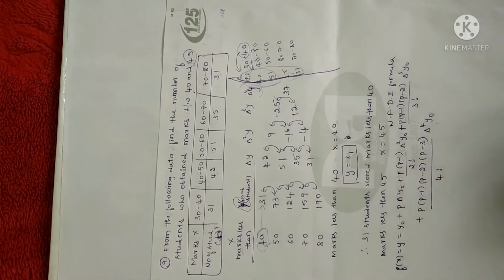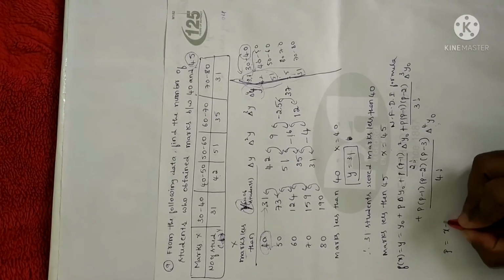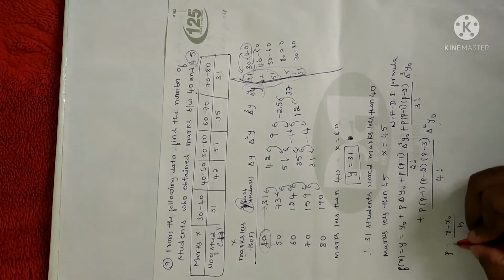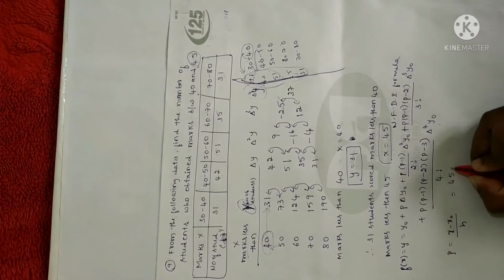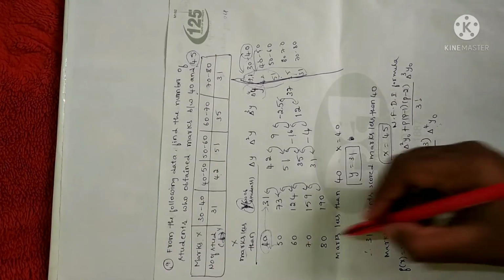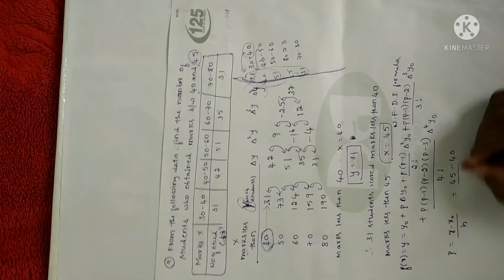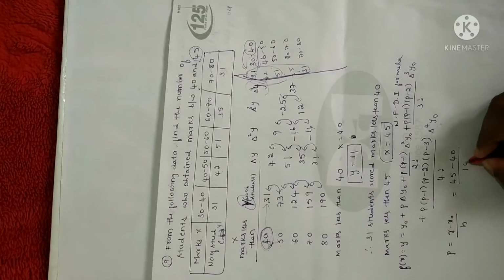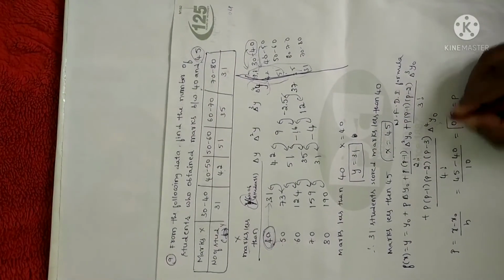Now we have to substitute the terms. Before that, let me write the value of p. p is equal to x minus x naught divided by h. As I already explained, x is none other than the unknown value. Here the unknown value is 45. So x is equal to 45 minus x naught. x naught is the first value of the x column, it is 40, divided by h, the common difference. In every data it is observed that the common difference is 10. So when you do this, you will get 0.5. So p value is 0.5.